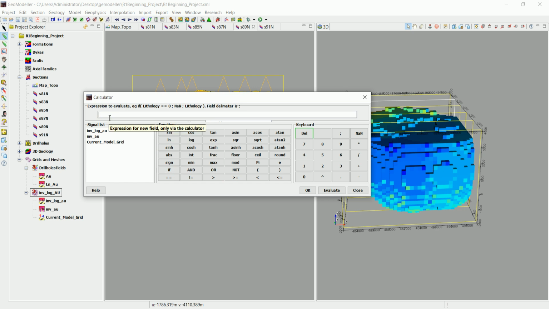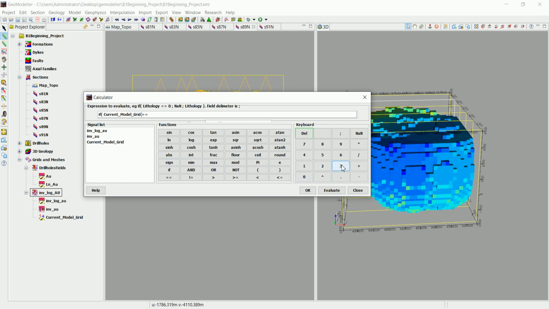So see that square in the beginning, that's what gave me the first error. So let's delete this. We have an if condition: if the current model grid is actually equal to